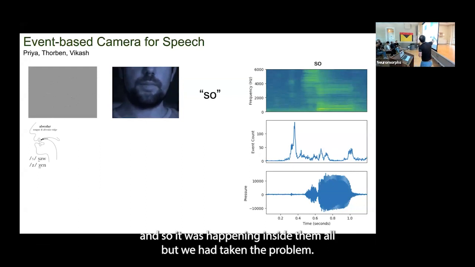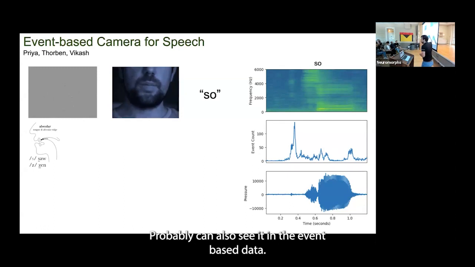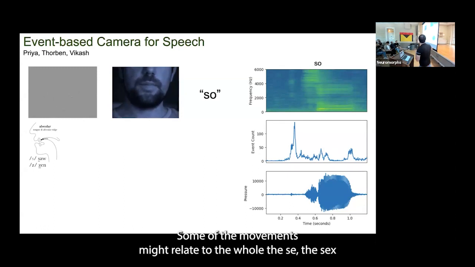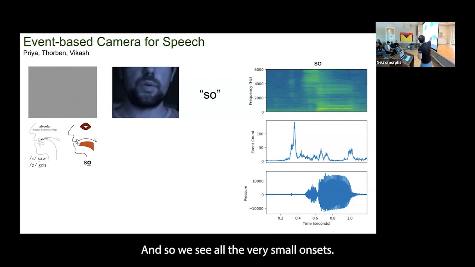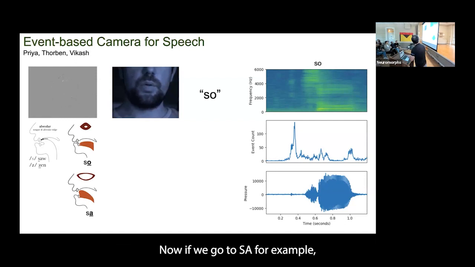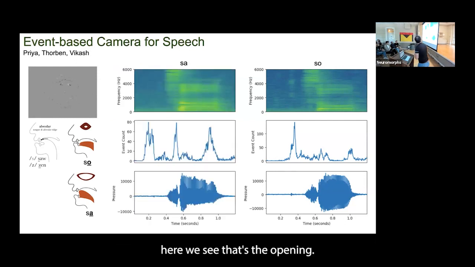But we're expecting that we can probably also see in the event-based data that some of the lip movements might relate to how the S is shaped. And then for the O, we are opening the lips very little, so we see only very small onsets. Now, if we go to Sa, for example, here we see the lip opening. You can also just try to say Sa and you will see that